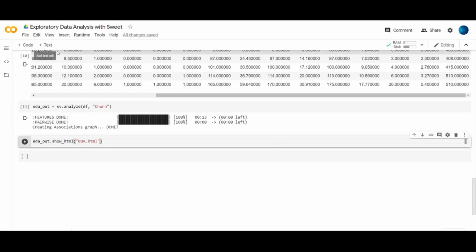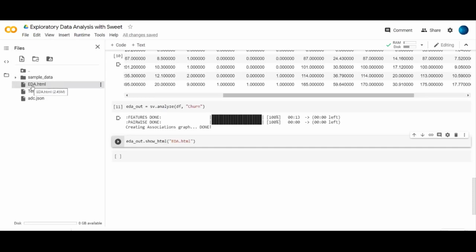I'm using Google Colab here. The problem with Google Colab is it will not populate this EDA HTML automatically. So you have to go to the files section here, and you can find the EDA.html file over here.